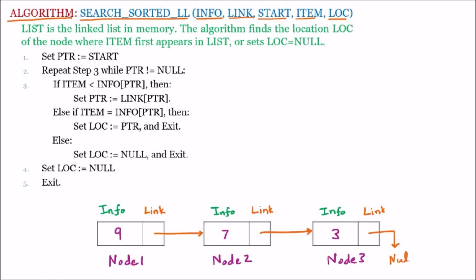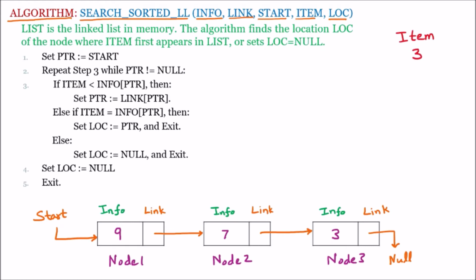And we know that the first node is the start node. So here we are having a start pointer which is pointing to node 1. So this is our linked list on which we will work. Here we are having one item. Item means the thing that we want to search here. Let us suppose that we want to search the element which is 3. So here we are assuming that item is 3.